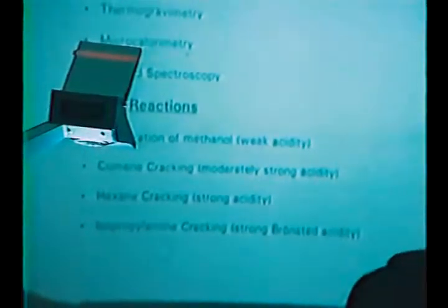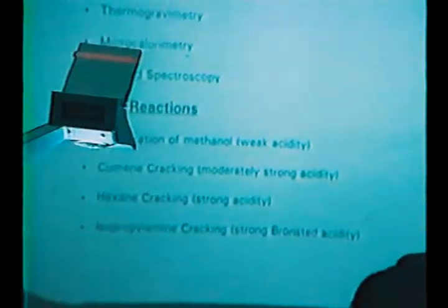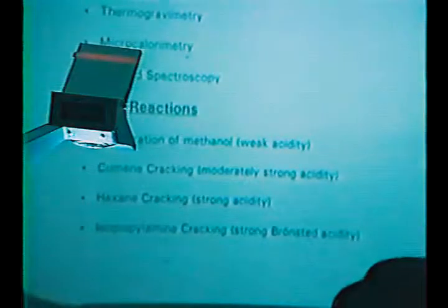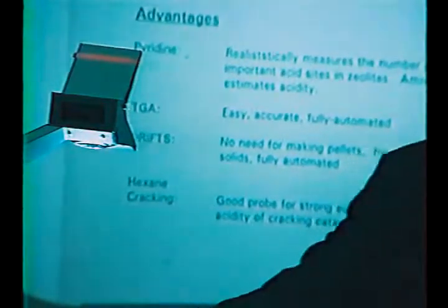There's a wide body of probe reactions that have been used, and among those, dehydration of methanol has been used for weak acidity, cumene cracking has been used for moderately strong acidity, hexane cracking used for strong acidity, and again, more recently, Gorte and co-workers have tried to use isopropylamine cracking as a probe for strong Bronsted acidity. Of course, there are more sophisticated methods out there like XPS and solid-state NMR in addition to those, but